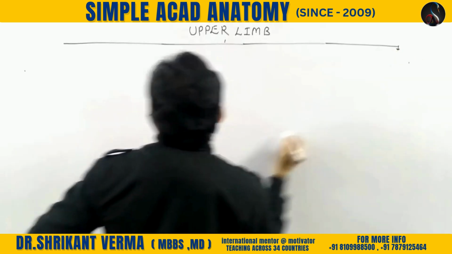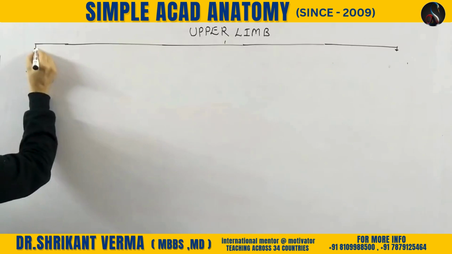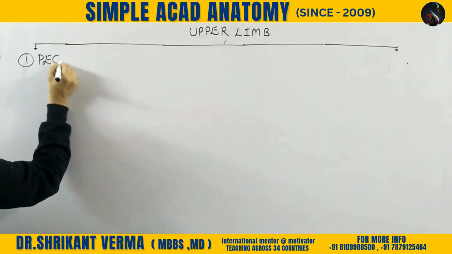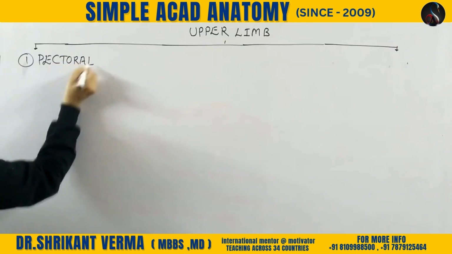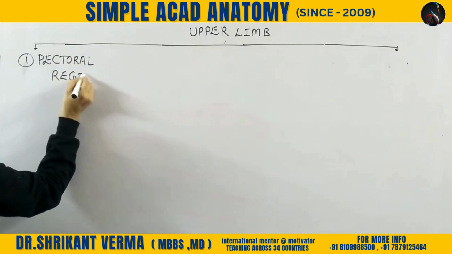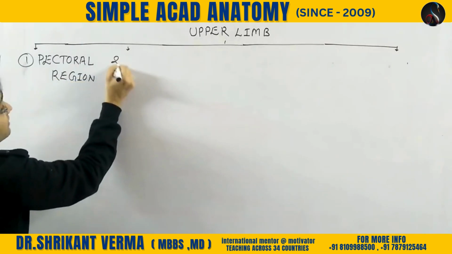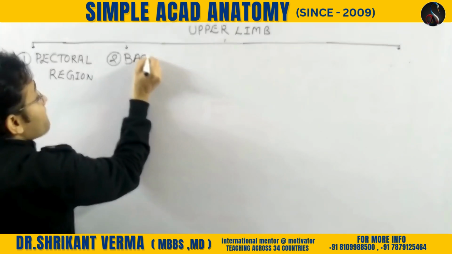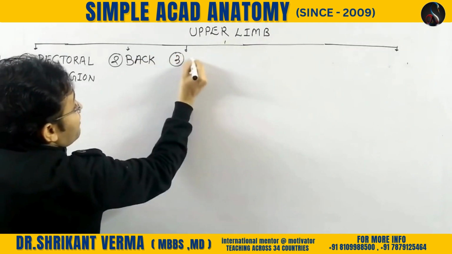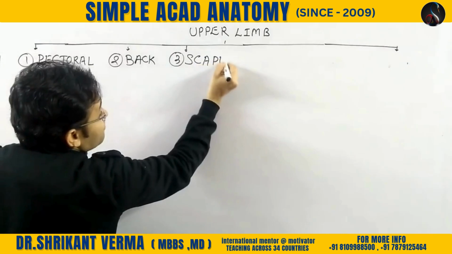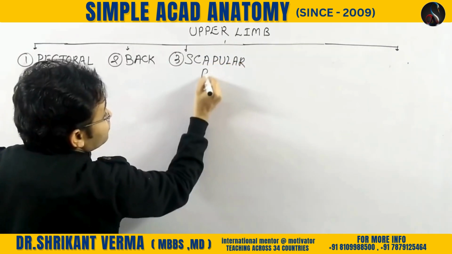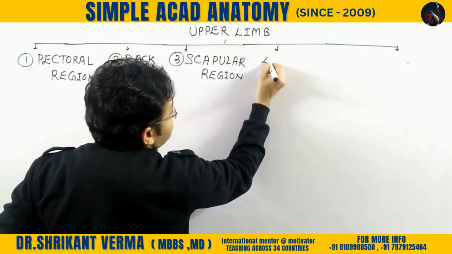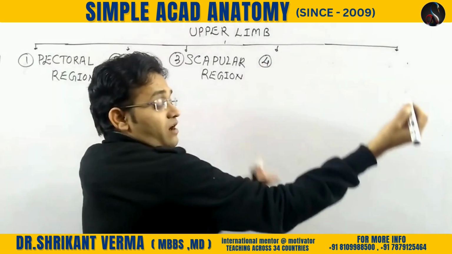Here we are dividing the upper limb into a few parts. What are the various parts? The first part is the pectoral region. The second part is the back. Then the third part is the scapular region. And then after this scapular region, the next part, from the shoulder joint up to the elbow joint, is